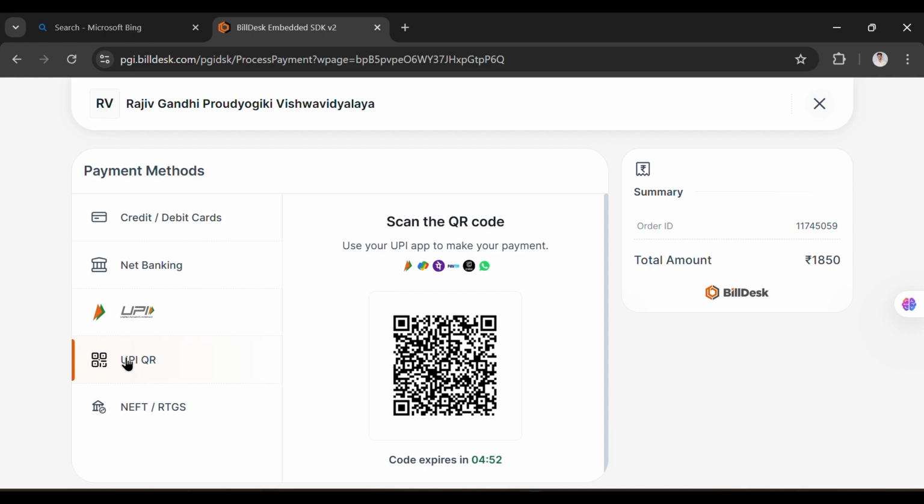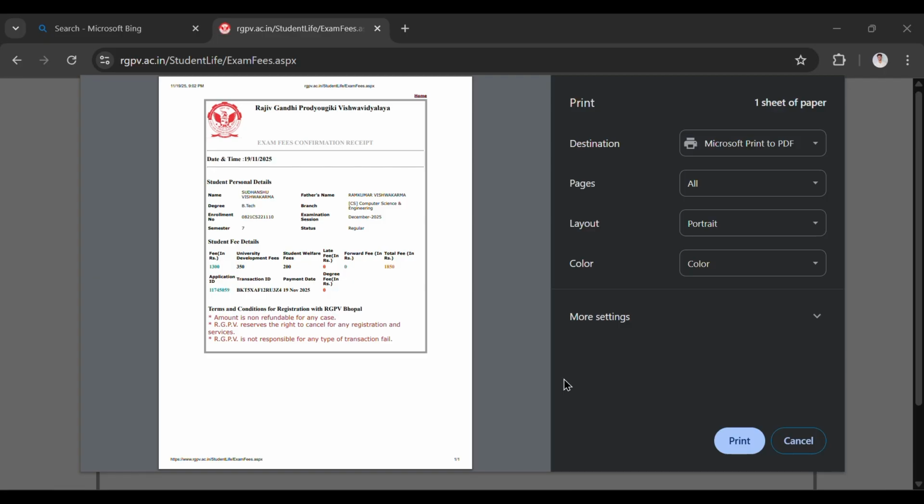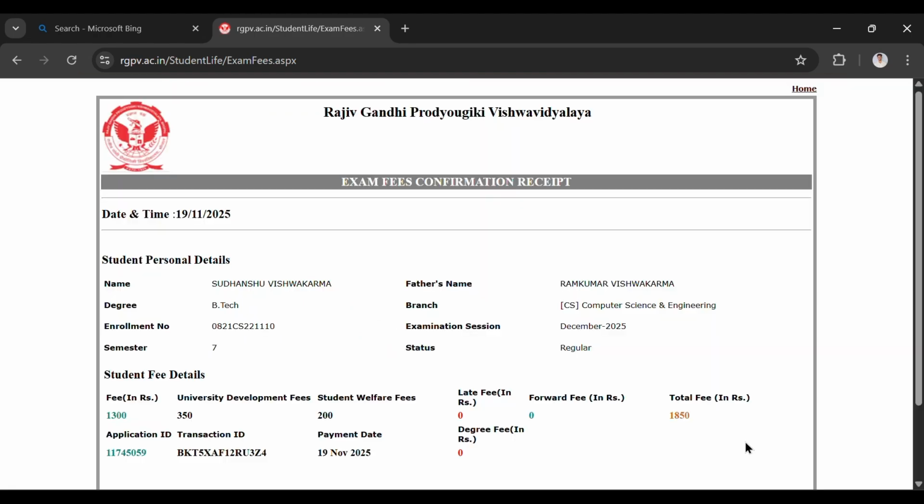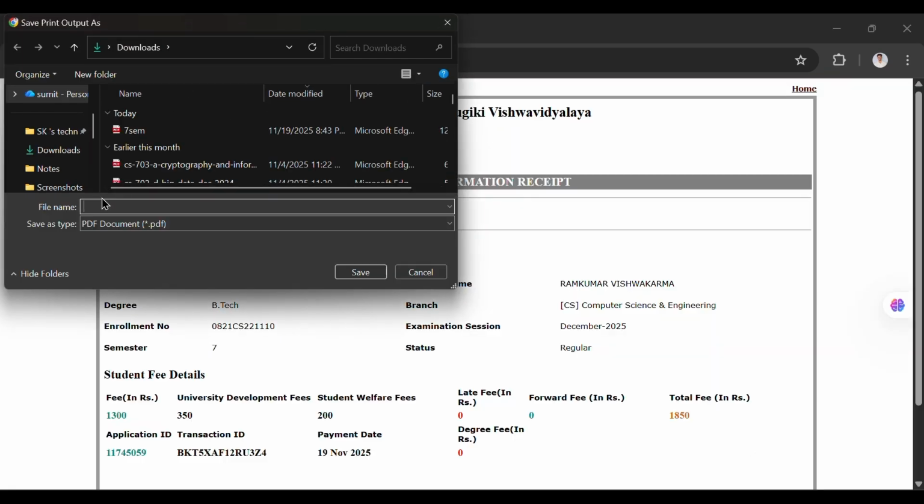After that, a receipt will come. So you can print or download it by pressing control P. You can press the control P command, so you can download your receipt. Okay, so let me show you. After completion of payment, you can directly see this type of page, or maybe a direct Chrome page of this receipt. So you can press control P to download this receipt. Okay, so here you have to click on the print option. Okay, or you can save your file